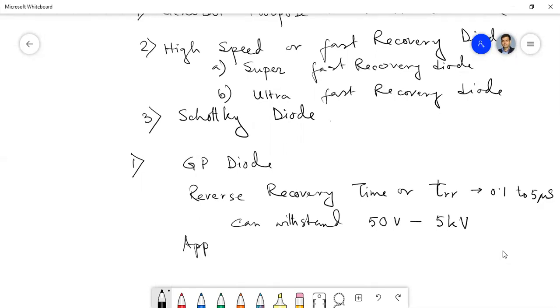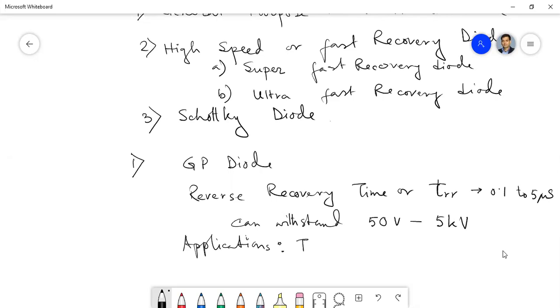So if we write down the applications where the general purpose diodes are used... So what is meant by reverse recovery time? What is meant by reverse recovery time, sir? Okay, so that I will discuss. Reverse recovery time means when we apply reverse voltage, then a phenomenon occurs that is called the reverse recovery phenomenon,